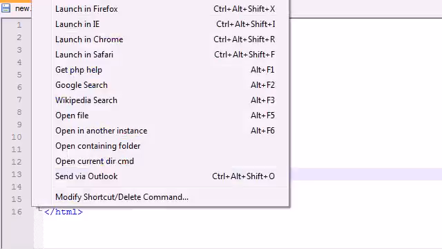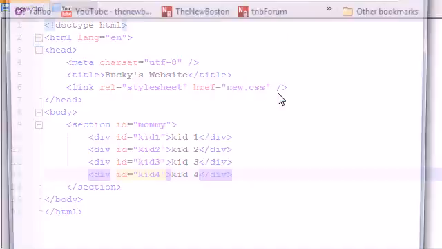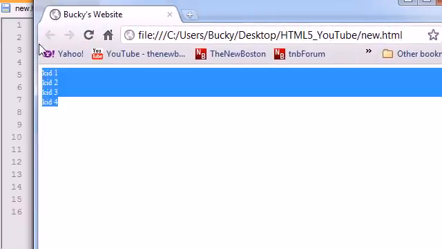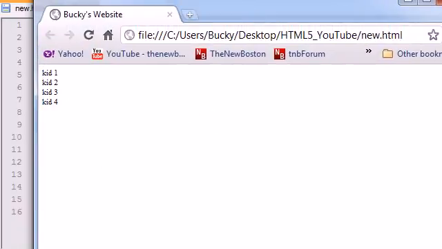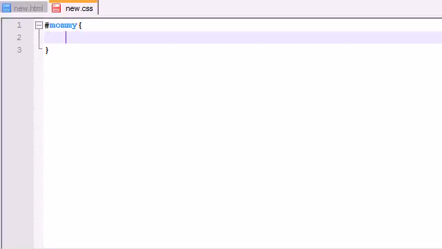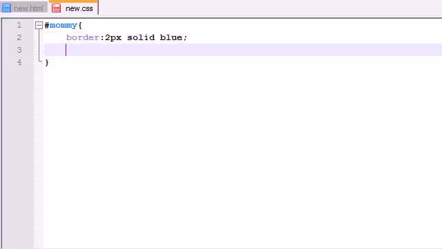If we go ahead and save this and look at it in Chrome, we can see that we have four kids lined up one underneath each other. So we need to go ahead and change the styling immediately because that looks horrendously bad. The very first thing I want to do is in our mommy, I want to add some, I'm just doing this to make it look pretty. This isn't really the tutorial at all, but I want to add a border of 2 pixels solid blue, and under this I'm gonna display